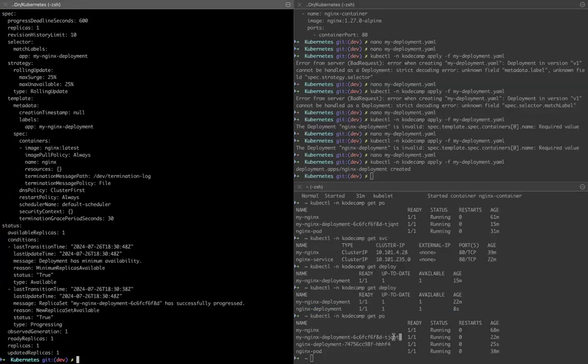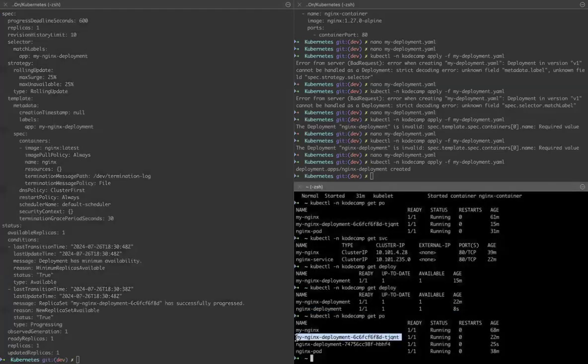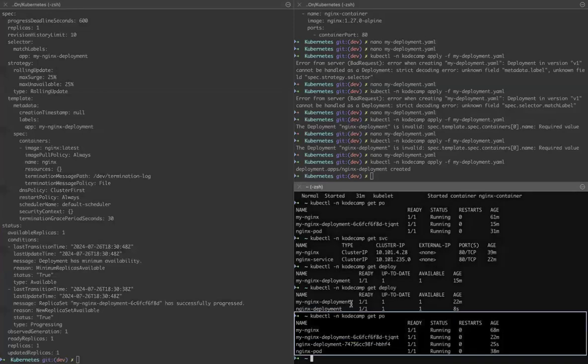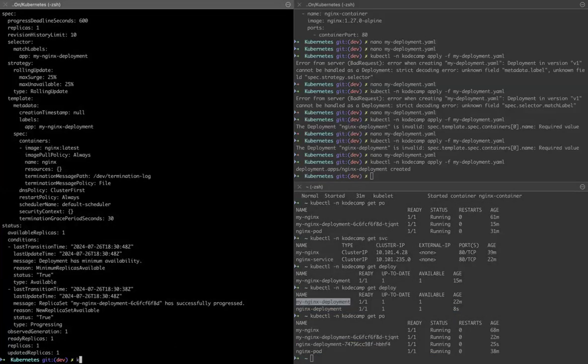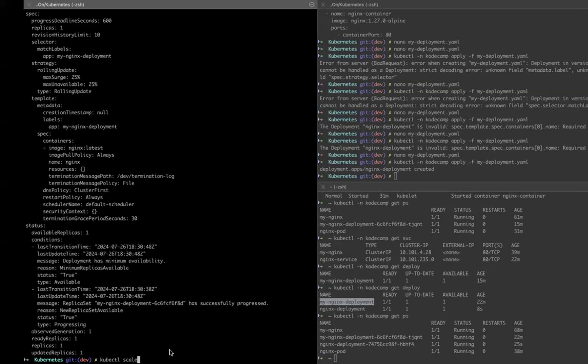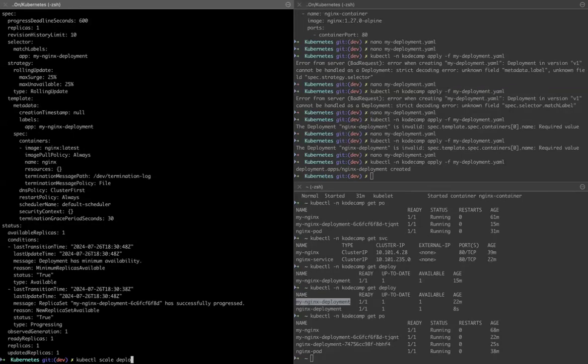This is my Nginx deployments, right? So I can do kubectl scale. That's scale deployments. And I'm going to scale the deployments called this, the name, and I'm going to set that to